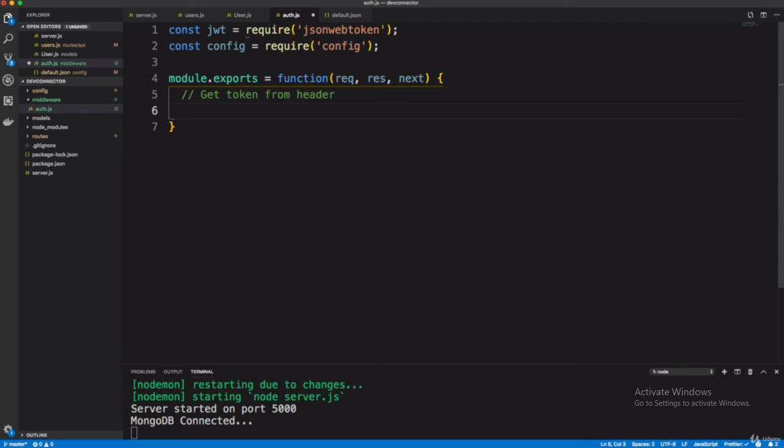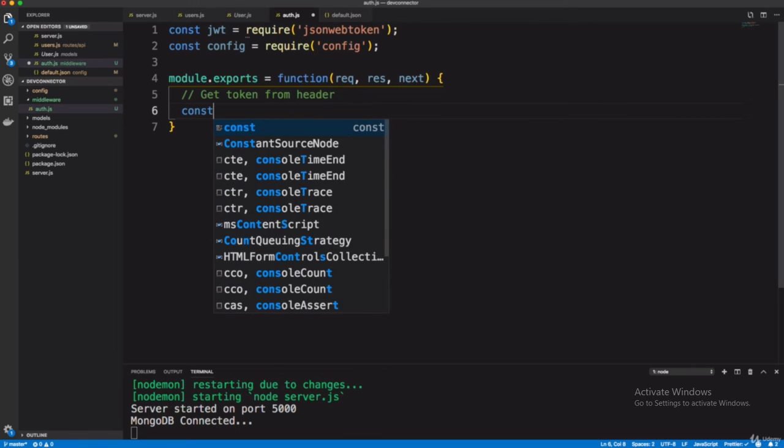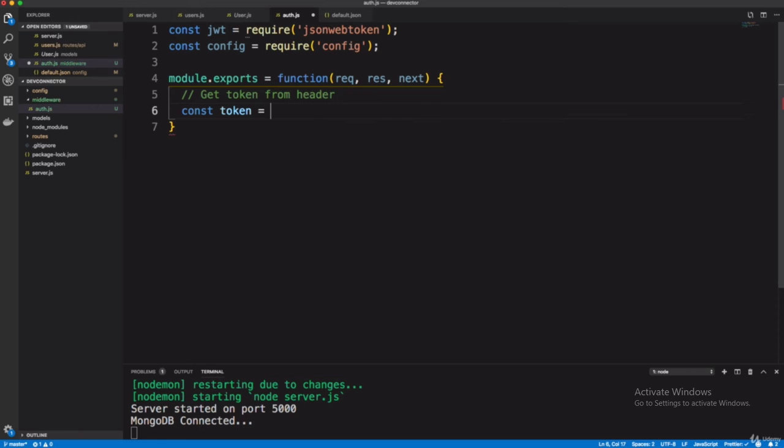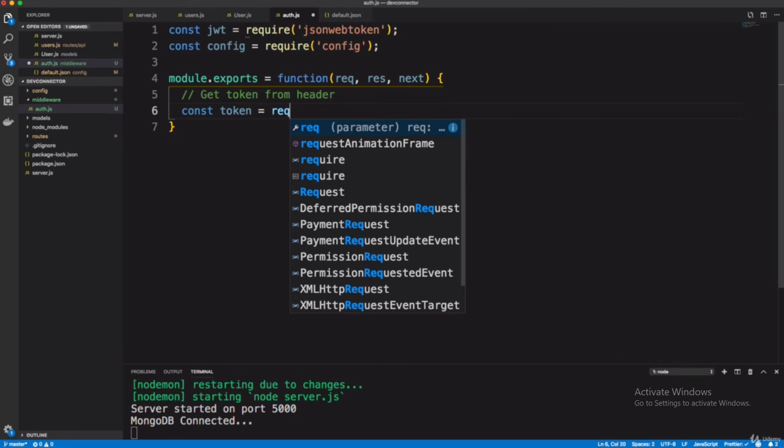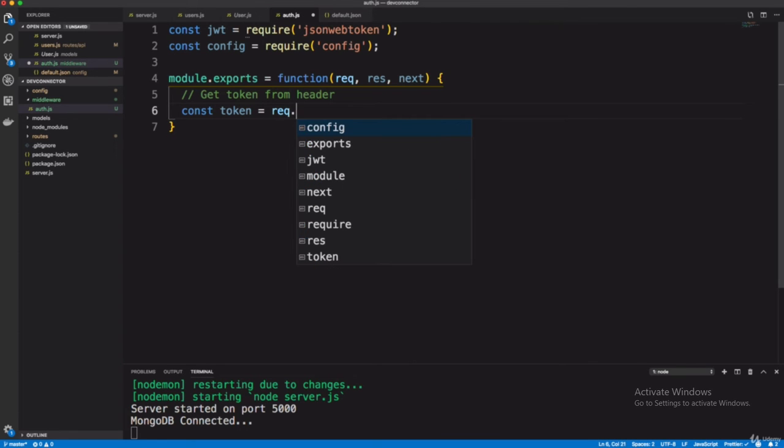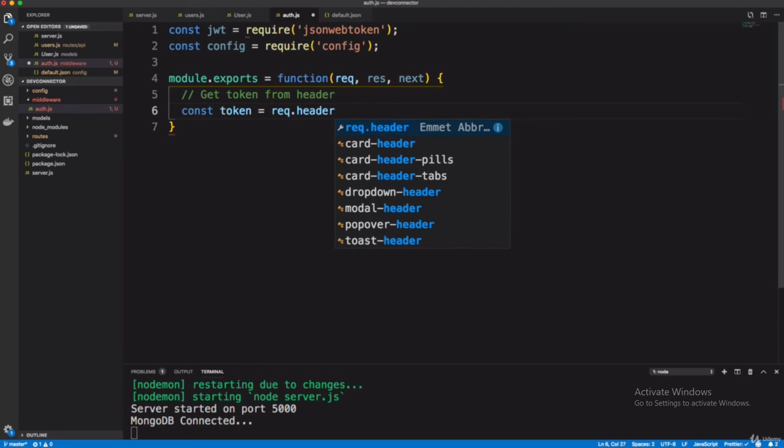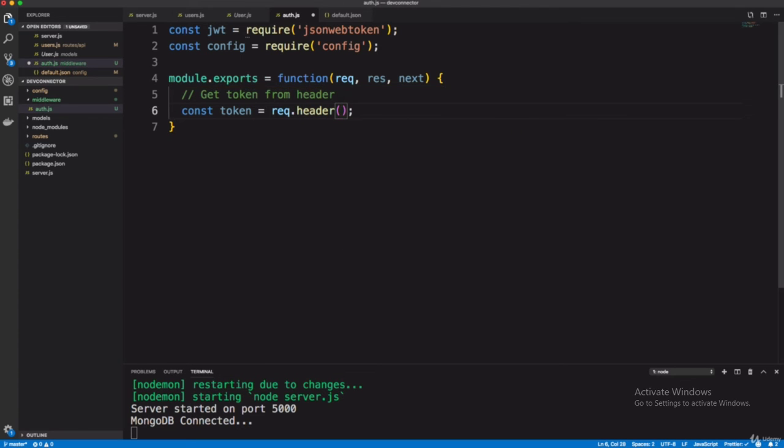To get the token we have to write const token equals request.header, and here you can write the name x-auth-token. We will use it in Postman. You will see it later.